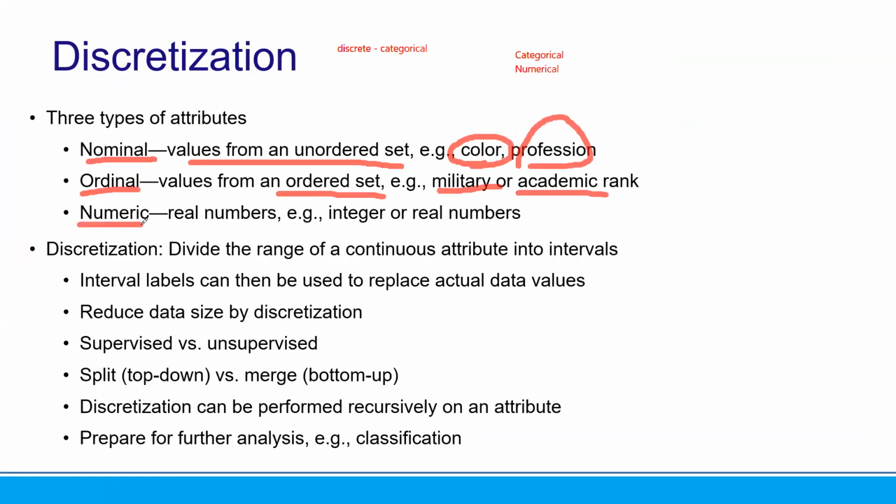But we can also use discretization for numbers, the real numbers, let's say integer or real numbers. So discretization means we want to divide the range of a continuous attribute into intervals. Okay, the keyword is continuous attribute or numerical data into some